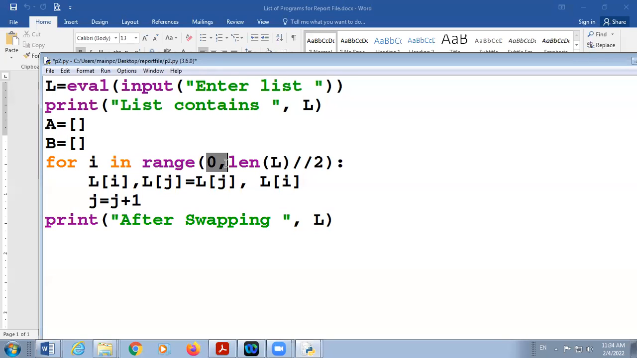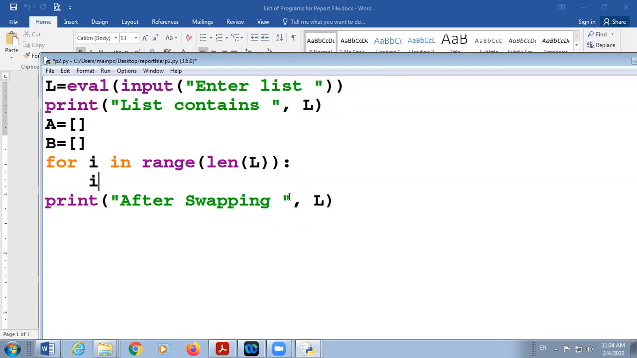Now you will execute the loop up to the length of your L. Now check if